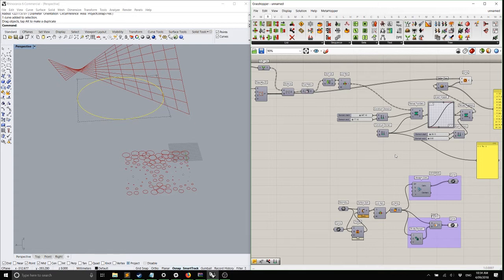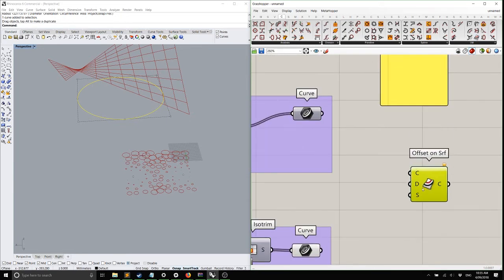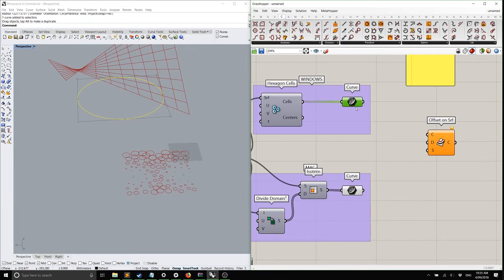What is the method that we've used in the past to offset? We've had a curve. It sits on a plane, and we have a value, and it offsets on that plane. Fortunately, there is another method for offsetting, which is offset on a surface. So instead of using a plane, we can use a 3D object, a surface, to define our offset plane. So if we go grab offset on surf,